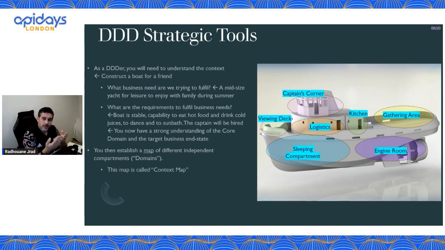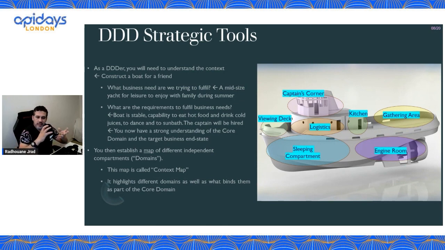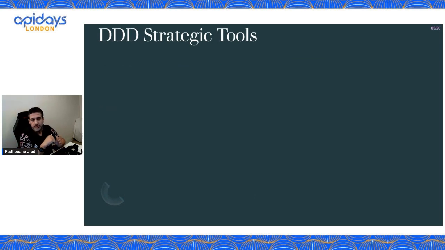Now, for the proper jargon, the context map is basically the overall map of the domains. You draw them together, then you see which domain is closer to which domain and eventually how they're going to interact between them. Okay? The core domain is the central important domain around which all domains orbit, and it changes from one industry to another. I will not put a lot of stress on it because it's probably a detailed level. But the key thing is you're going to have your domains operating independently, but with some sort of a relationship between them, or fencing or bridging.